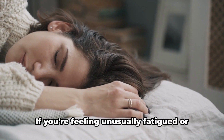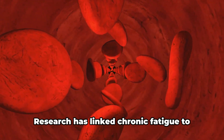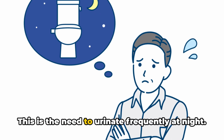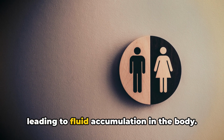Generalized weakness. If you're feeling unusually fatigued or weak, it could be your heart's way of telling you that it's not pumping blood efficiently. Research has linked chronic fatigue to various heart conditions. Number 5, nocturia. This is the need to urinate frequently at night. This could be a sign that your heart is not able to pump blood efficiently, leading to fluid accumulation in